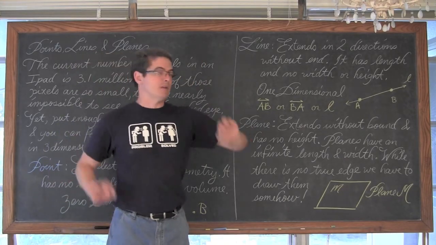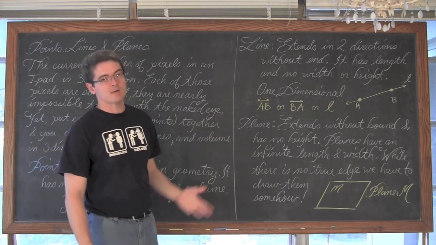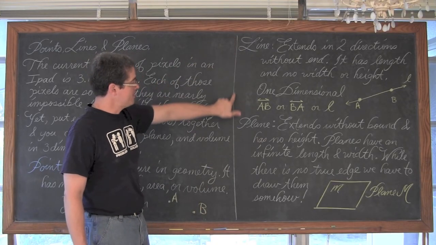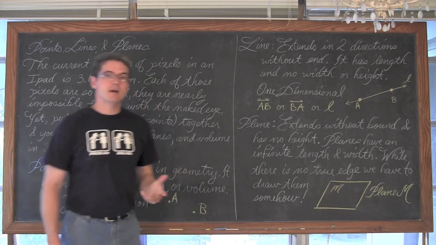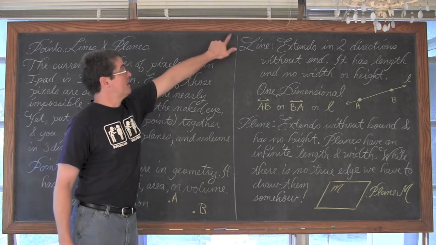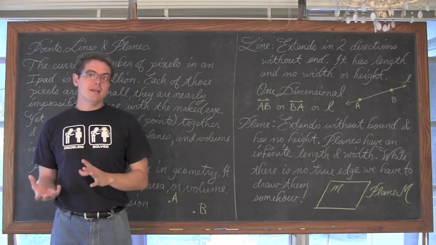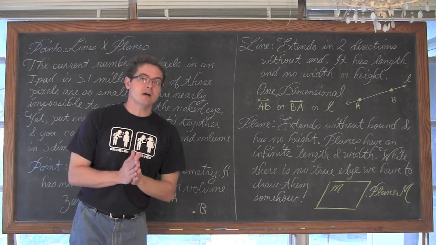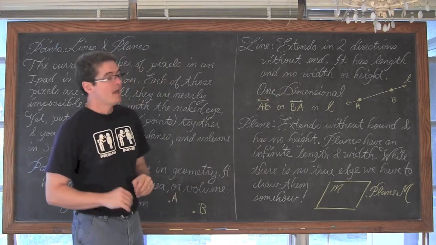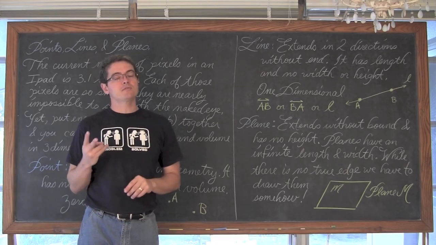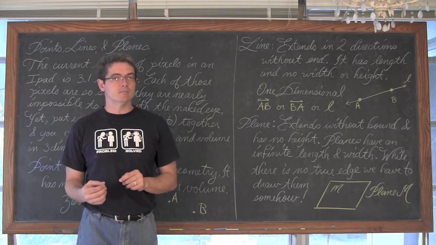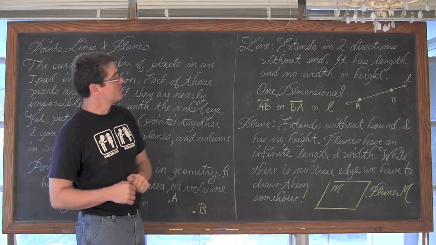So it goes indefinitely. This white line, of course, is not perfectly straight here either, so forgive me on my artwork. This dividing line that I've drawn at my chalkboard to divide the two sides of notes really isn't a line because it ends and starts. So it's really a line segment, which you're going to get to. But a line by definition extends in two directions indefinitely. And you only need 2 points to define a line because it does not bend, it does not change direction. So it extends in two directions without end.